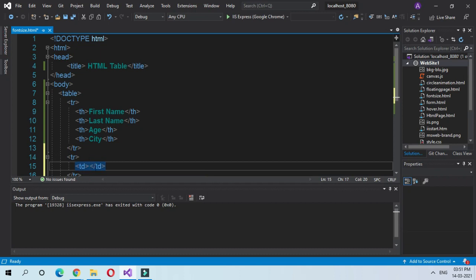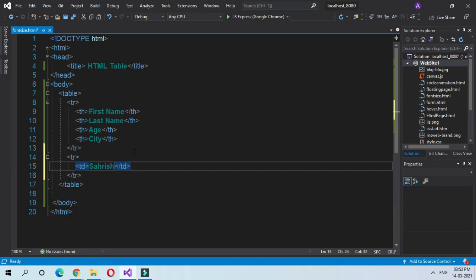This table data is for the first row and first column. Our first column is first name, and this table heading is our first column. So let's give the data for first name as Parish.